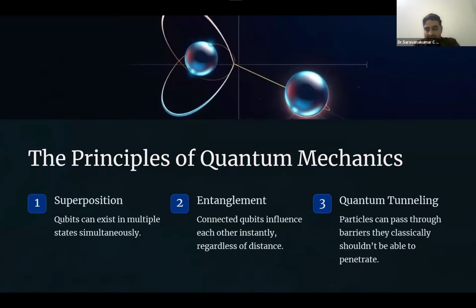Exactly, the tunneling concept is that particles can penetrate to the target area, and even though it has some barriers or anything, they can penetrate. So this tunneling is used especially when you want safe communication, and that will come later. So these are some of the